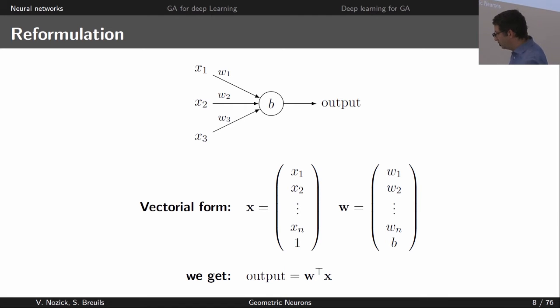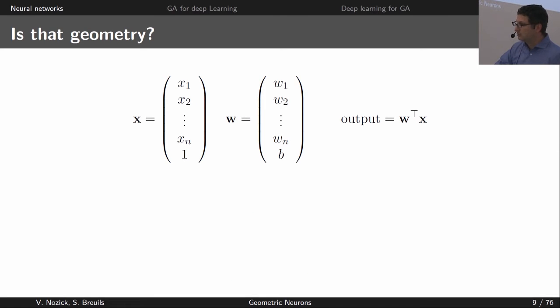And here, if we see this formula, maybe for many people here, you feel that you're already doing geometry, because here x looks like a homogeneous coordinate with 1 at the end, so it looks like a point in maybe big dimension. And usually when we have this kind of dot product, w and x, it's to express a line, a plane, a hyperplane.